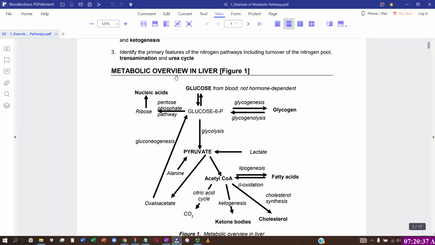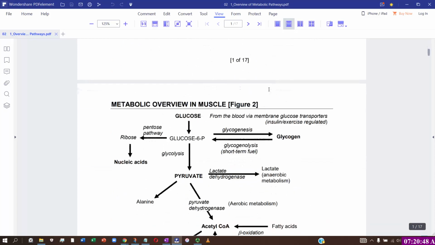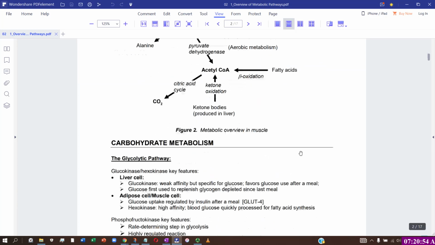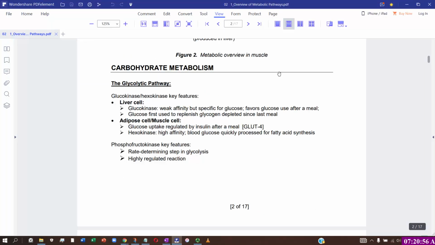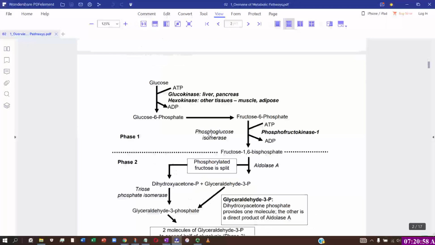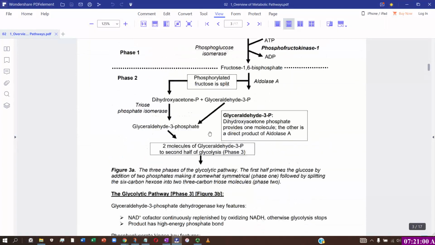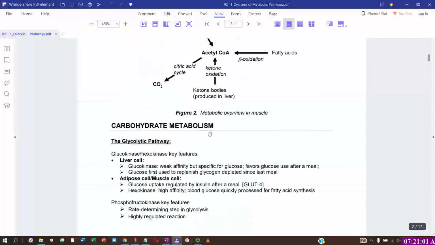Anytime you see a horizontal line as a divider, that's indicative of a whole new topic. And there's another horizontal line, so here's another topic, carbohydrate metabolism, and so on and so forth. So that will be the initial focus,